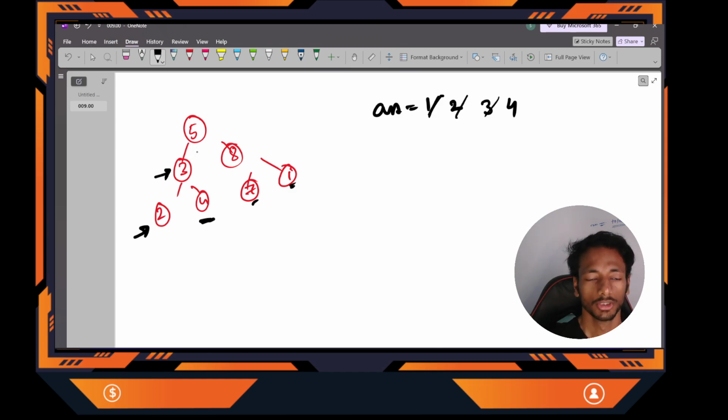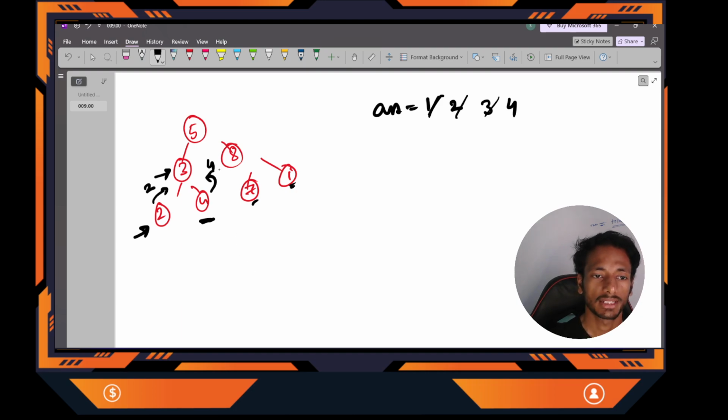dominant node or not. So what is the maximum value I have seen? I have already explained why I do not need to consider all the values present in this hierarchy. I need to consider the maximum value I have seen in this hierarchy. Correct? So what is the maximum value I have seen? From the left hierarchy I have seen 2, from the right hierarchy I have seen a maximum value of 4. Okay. Now,